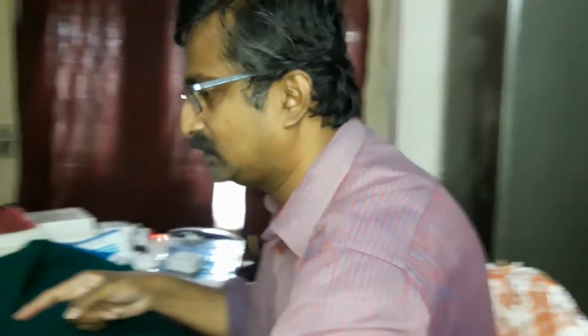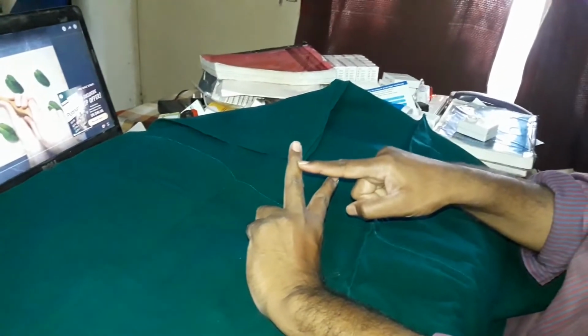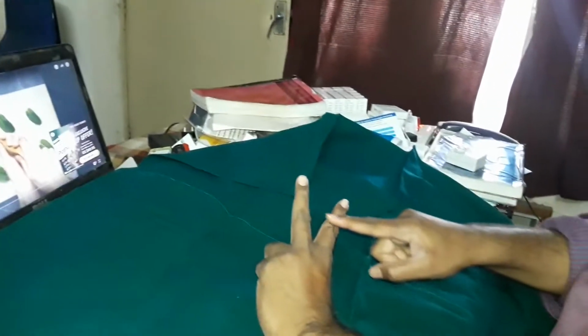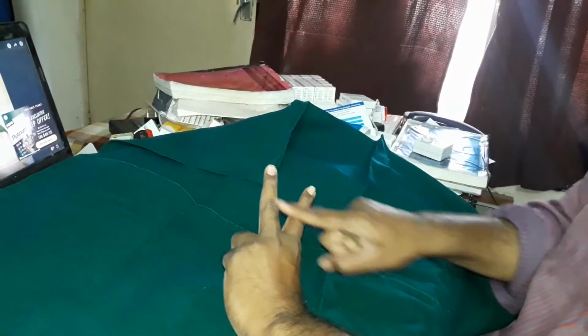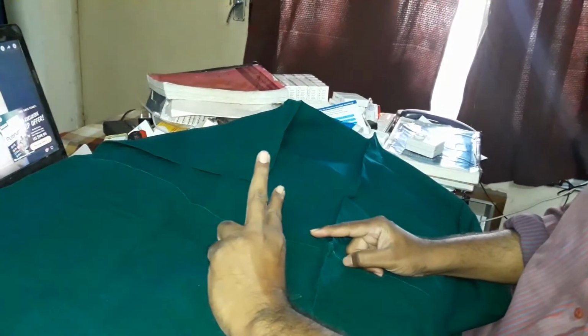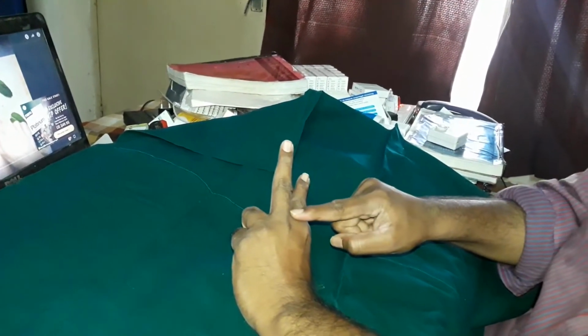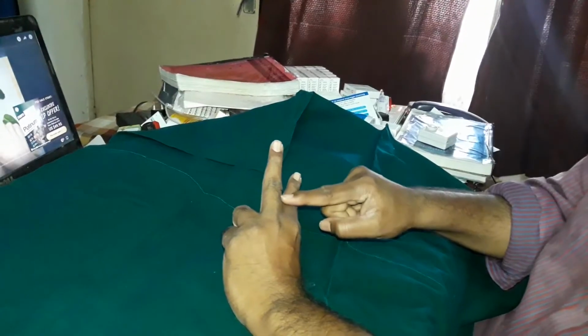Now I am showing you two fingers, index finger and middle finger of my left hand. See, these two are not in the same plane. This is the facial nerve, this is the chorda. The facial nerve is somewhat deeper and the chorda is